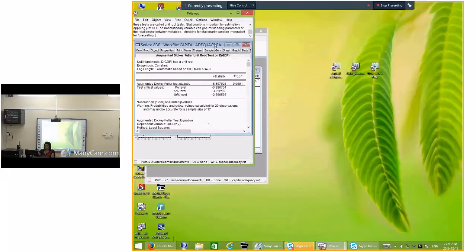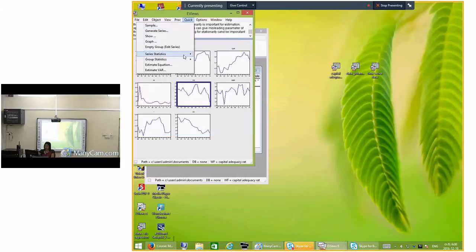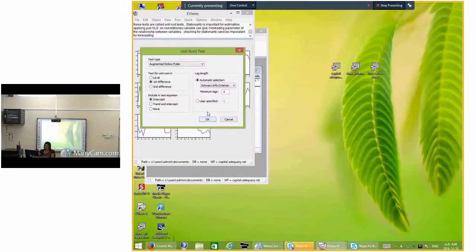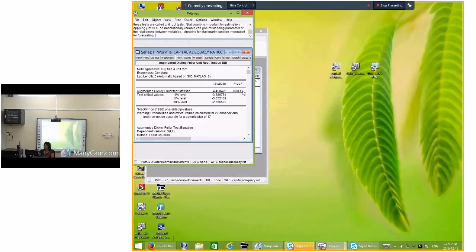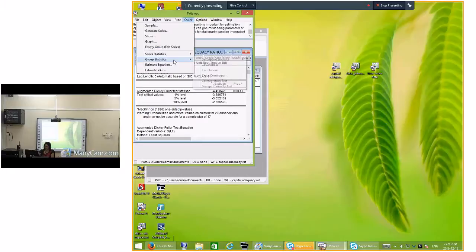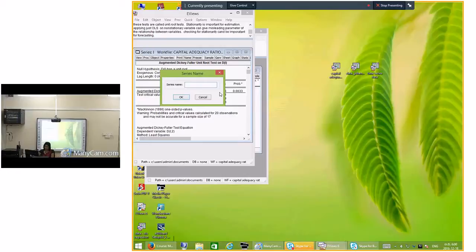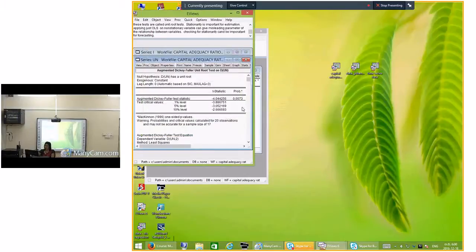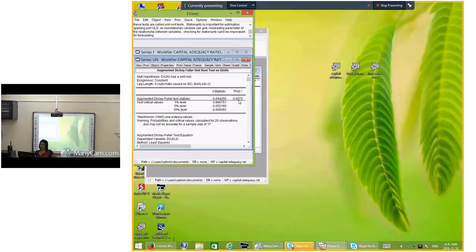GDP is also okay. Then interest, it is also okay. Then go to the unemployment, it is also okay. So then all are non-stationary at level, all are stationary at